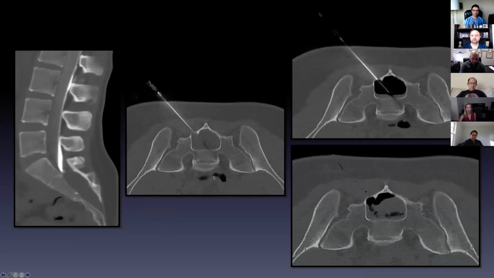So these are the pictures from my procedure, the same patient. On their stomach on the CT table, because this is all remodeled, the bone is so thin, this is only an 18 gauge needle I can put in here. There's actually another needle you can't see in this picture that's like a pressure valve, because if you try to suck out fluid without having something else to relieve the pressure, you can imagine it'd be difficult and very painful. So in this picture up here, I've sucked out all the fluid, and then through the same needle, I've injected